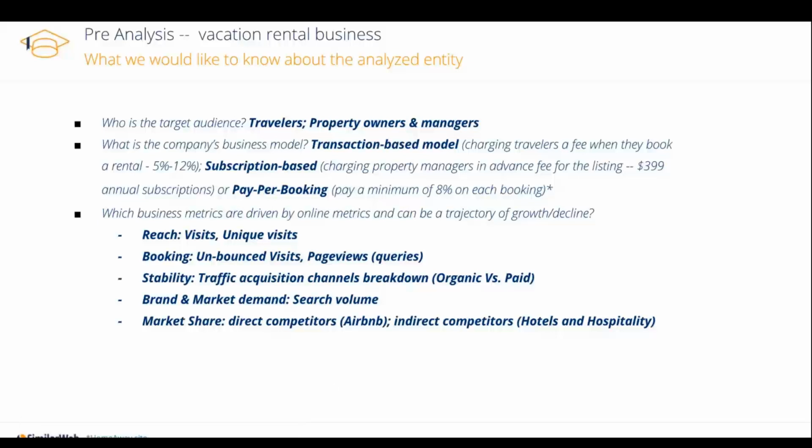Also looking at search volume over time, as I just explained, search is a really good indicator of market demand. So we look at what's going on in terms of brand demand for this company, and also market demand in the industry they're part of, the travel and hospitality